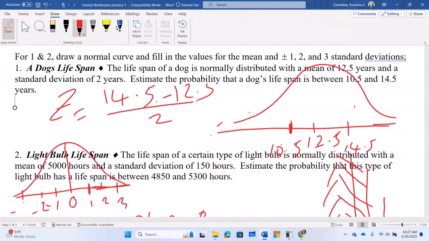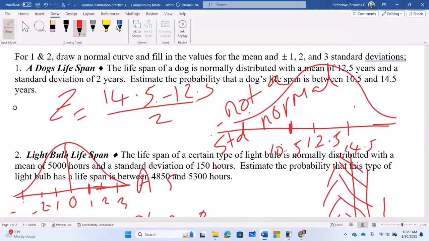This one is not a standard normal, not a standard normal curve. Why? Because we're using a raw score here, but this is a standard normal because I standardized